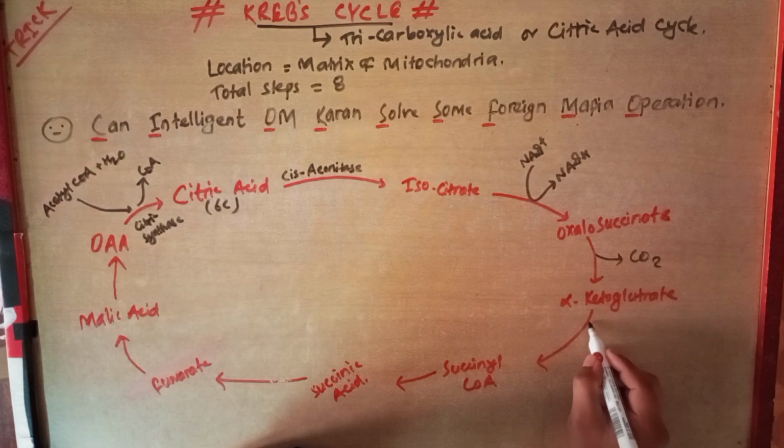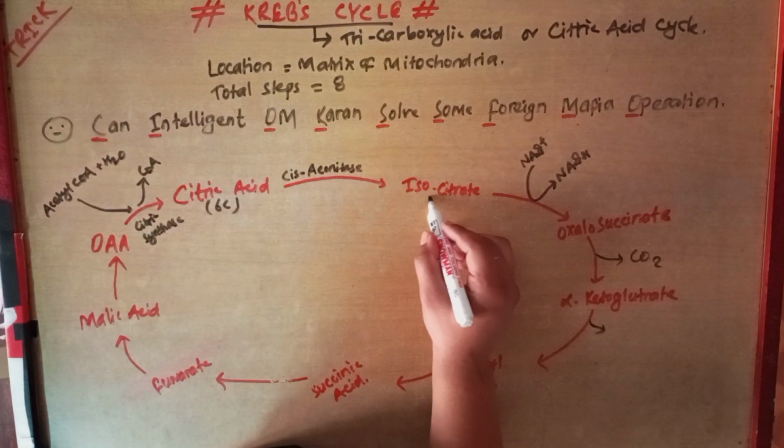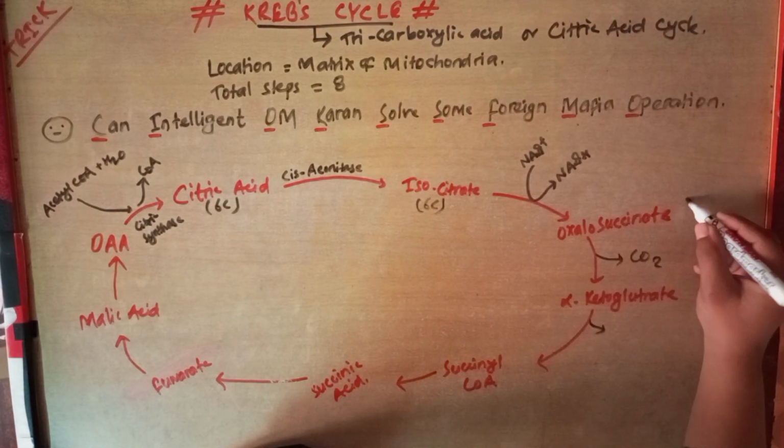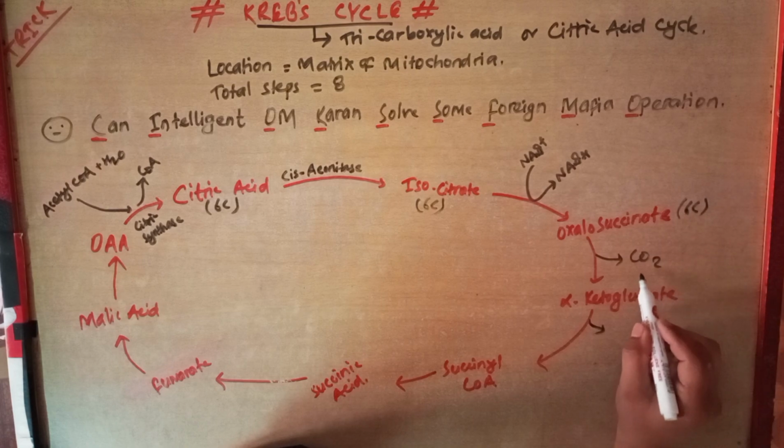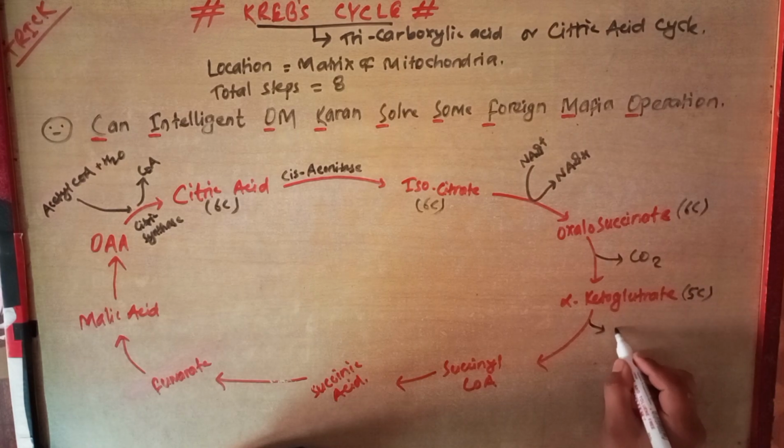Oxalosuccinate is 6 carbon, and when one CO2 is liberated, the alpha ketoglutarate is 5 carbon, and again one CO2